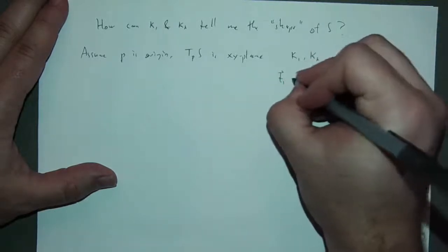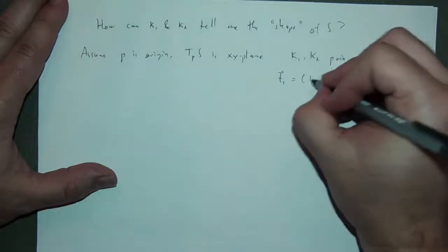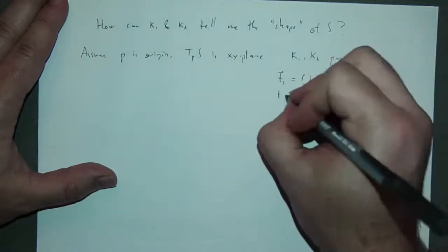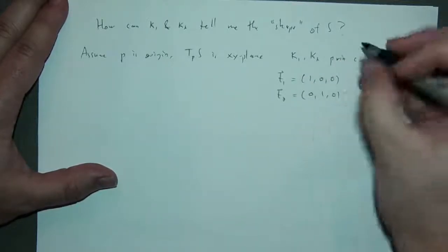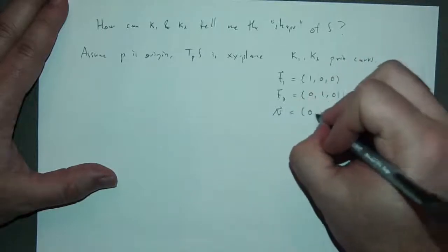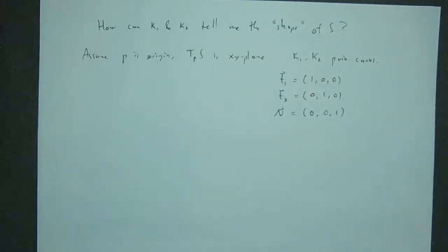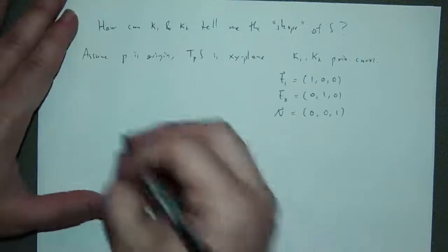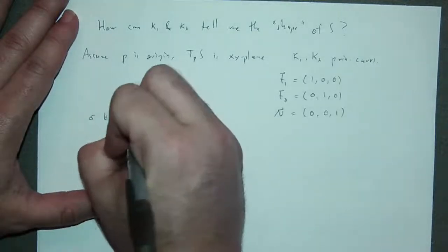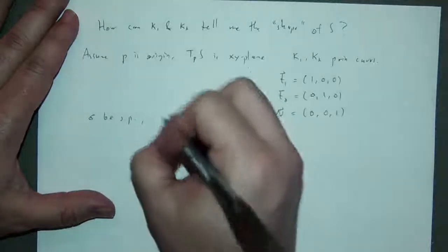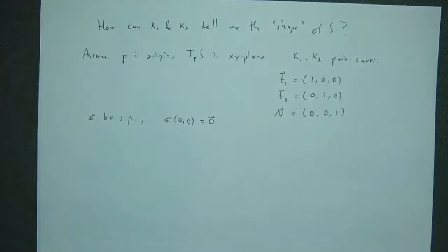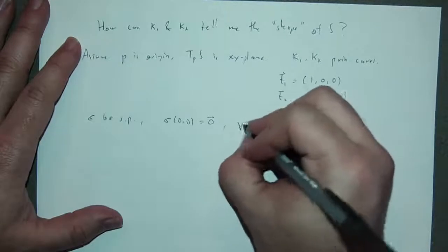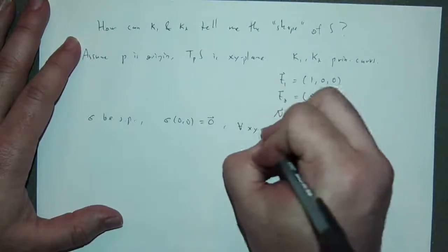We then have vectors t sub 1, t sub 2, and n, which form an orthonormal frame, or orthonormal basis for R3, actually. So let's let sigma be our surface patch. We'll say sigma of 0, 0 is 0. Then for all x and y in R,